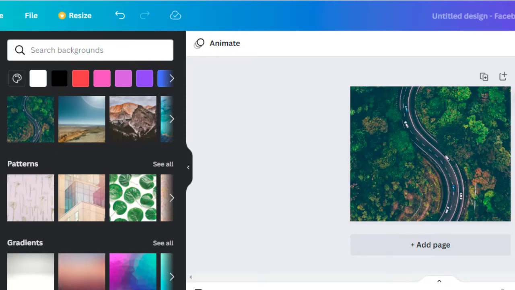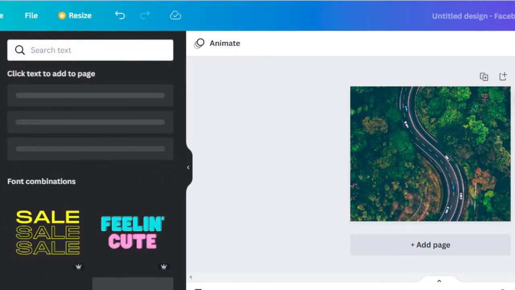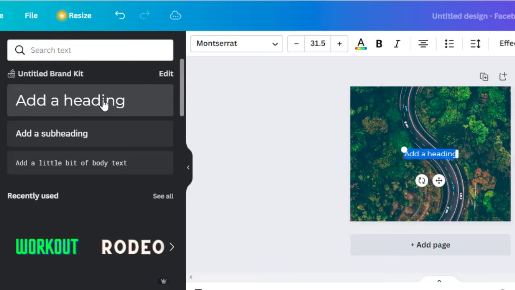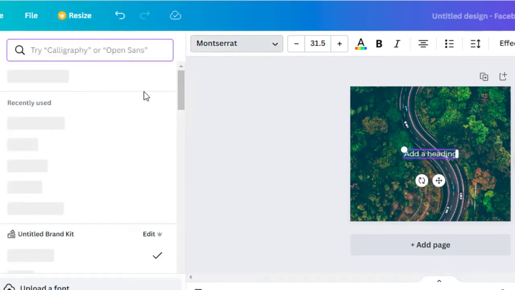Then you're going to go up here to text, and you can go ahead and type in a quote or something that you want to put on there. We can put this, I'm just going to choose one that's here. You can change your font from up here. So you see I have the font in there, and I can select this,